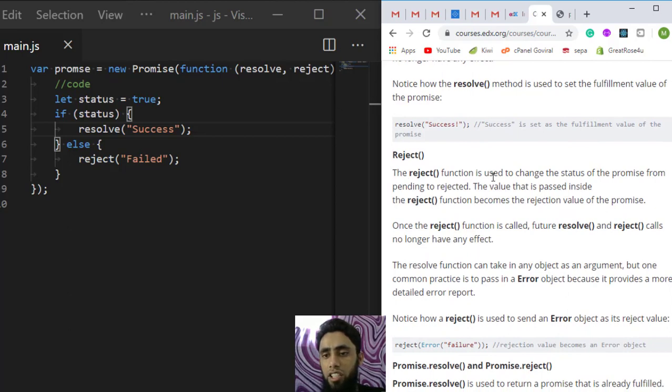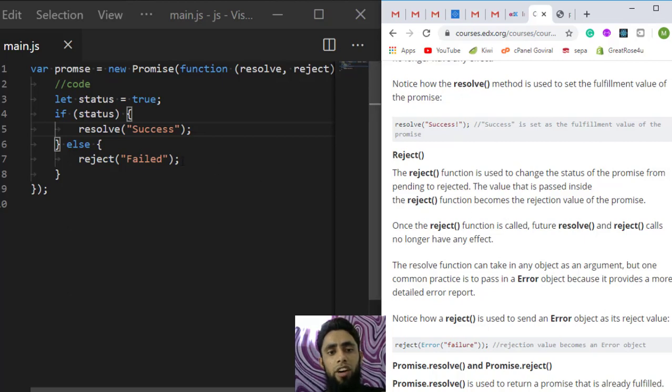The reject function is used to change the status of the promise from pending to rejected. For example, we were expecting some output from some records or data from the database, but somehow we couldn't get the expected result. At that time, the pending status would go towards rejected. The value that is passed inside the reject function becomes the rejection value of the promise.